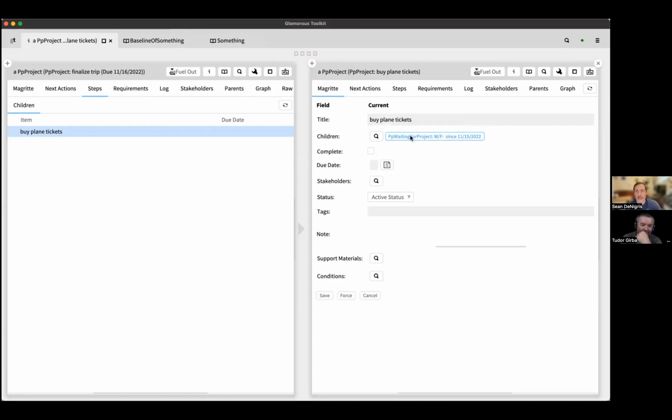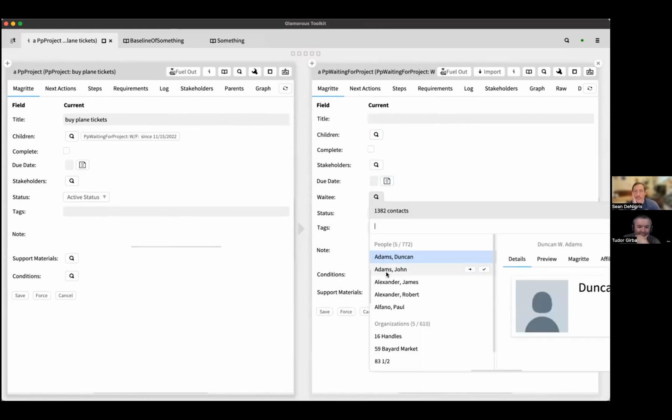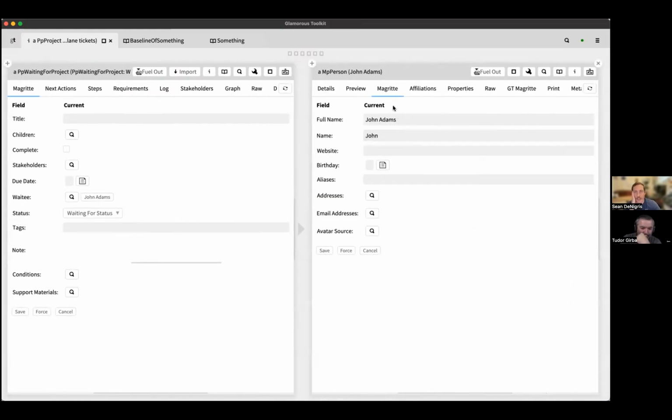Now, the cool thing about this is, I can't do this in the demo, because it'll tie to the singleton instead of the demo book. But if I put who I'm waiting for here, and I went to their contact in the address book, there'll actually be an agenda up here, and it'll have all the things I'm waiting for. You get it right away, but it's hard for somebody that doesn't live in a Dynabook or a Smalltalk system to understand this, because the project and the contact